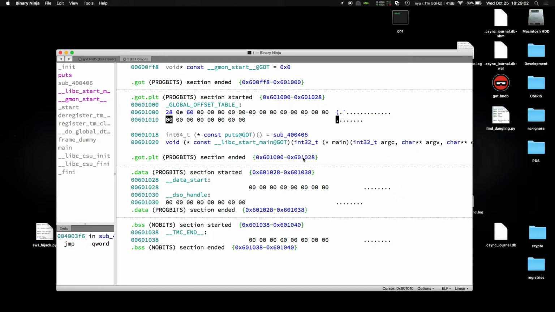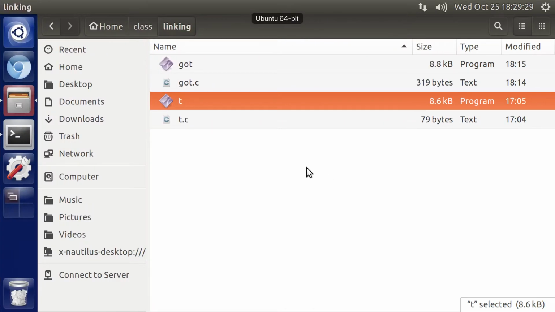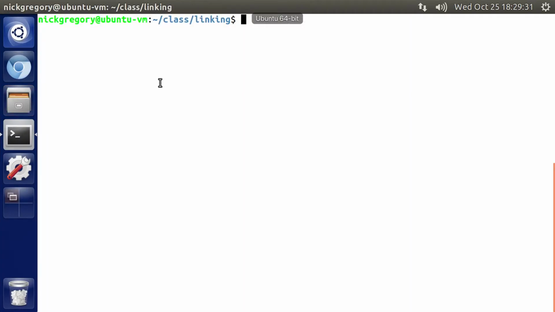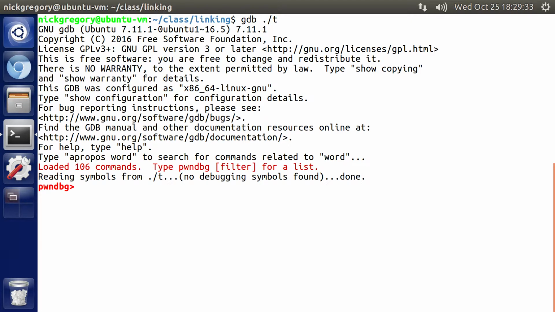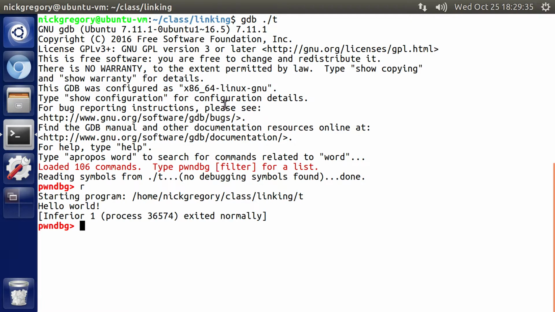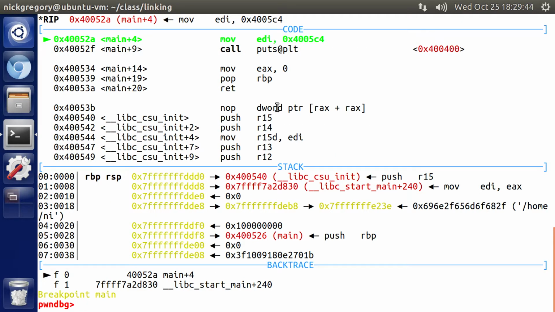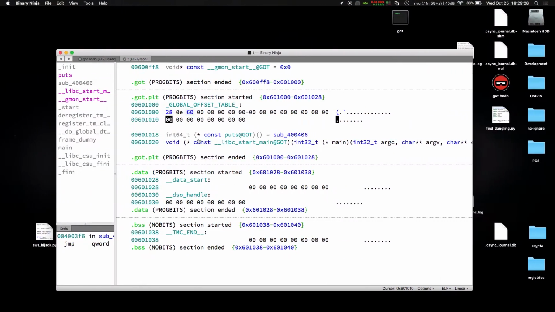But if we run this under GDB and look at this, you'll see this magically gets filled in when we go to main. So let's do that. Let me bring up GDB. Yeah, so again, running hello world. Let's break into main. So this is going to be after everything has been loaded, but before puts has actually been called. So we'll run. We hit our breakpoint, as we expect. And now if we go back and we start to look at some of these addresses, let's just take a look at